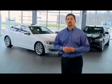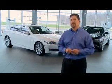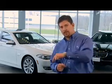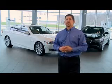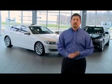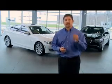What would you say if I told you there was a standard safety feature in the gas pedal of every BMW that improves braking distance? You heard me right, a safety feature in the gas pedal that improves braking performance. It's called brake standby. You see, there's a sensor that measures how rapidly you remove your foot from the accelerator. If you remove it with a certain urgency, the brake pads move closer to the rotors, and in anticipation you'll